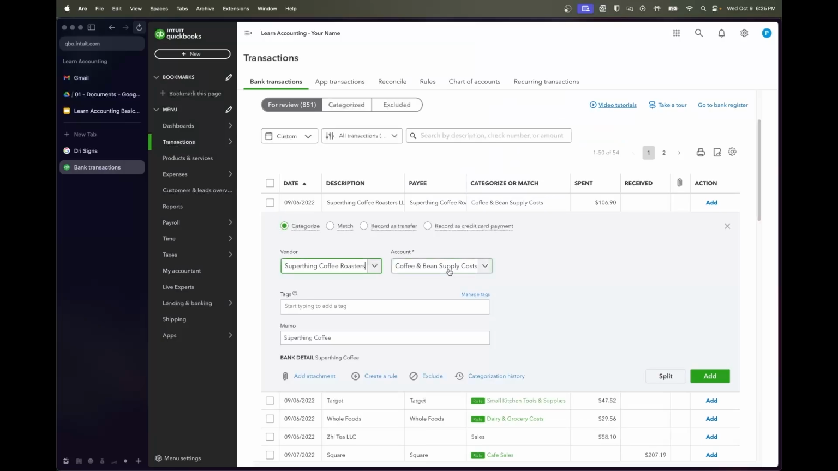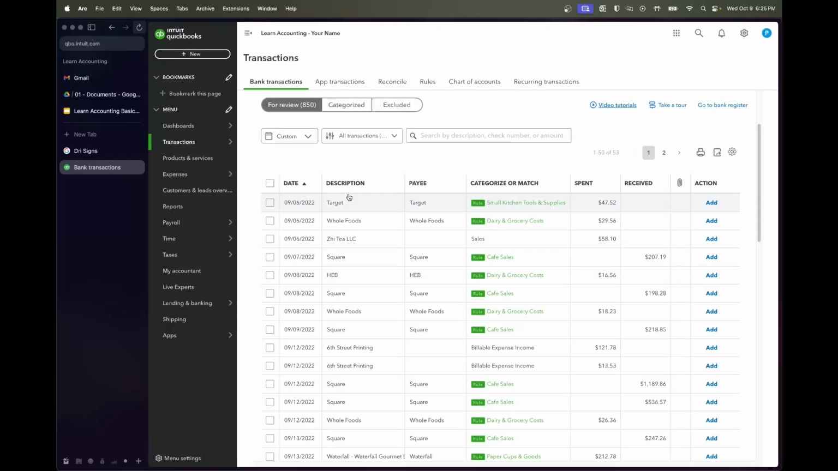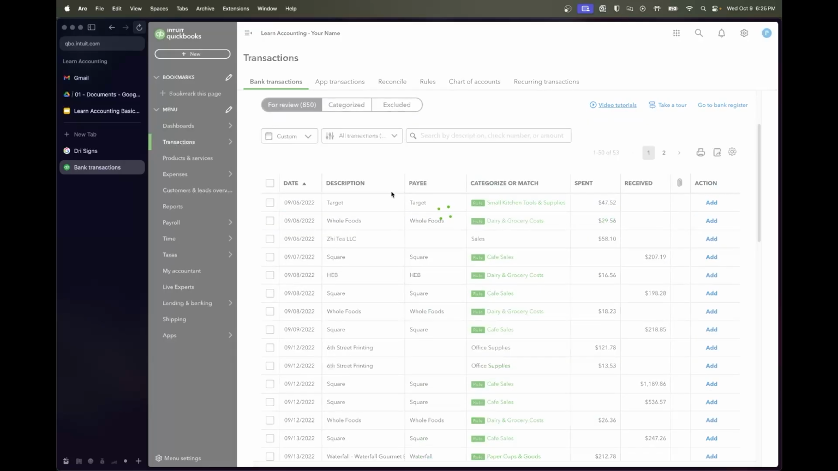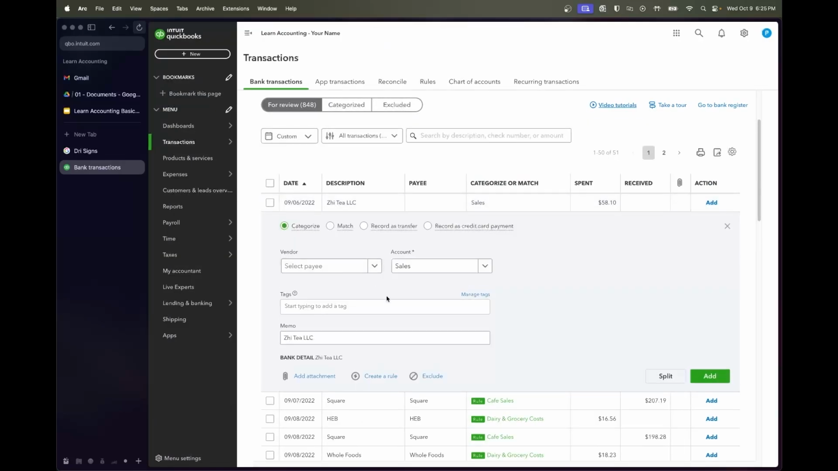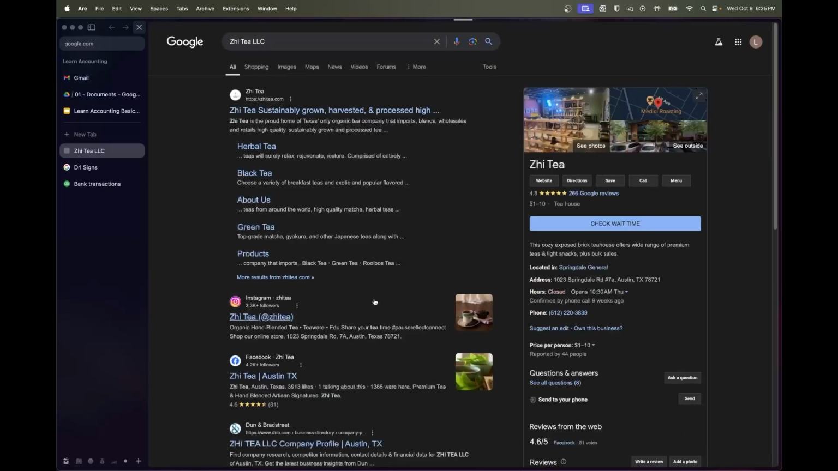Save that vendor. Coffee and bean supplies was a good suggestion. Add that. Target, Whole Foods, those. ZTLLC. And if we look up ZTLLC just to double check what it could be, you'll see it's an organic company, organic tea company. So this is actually